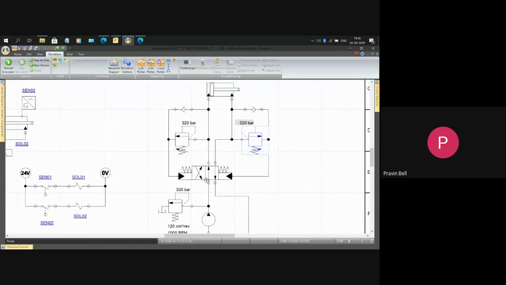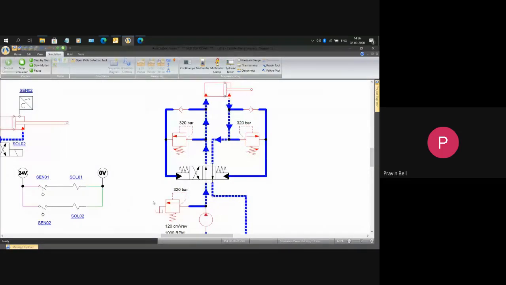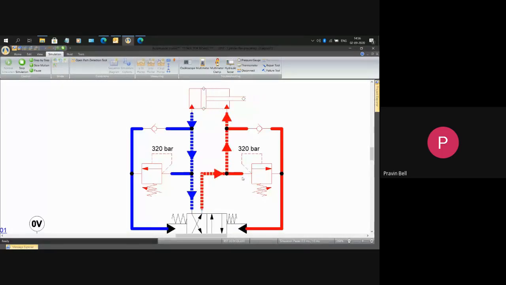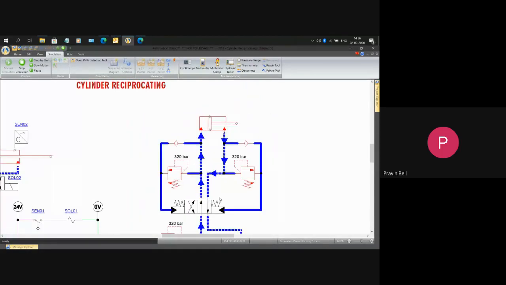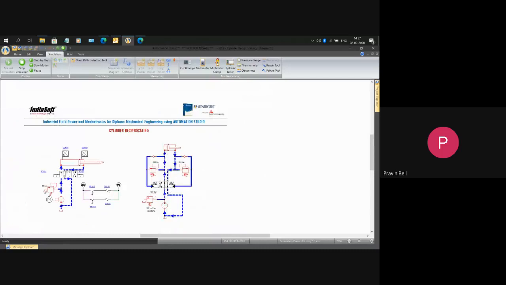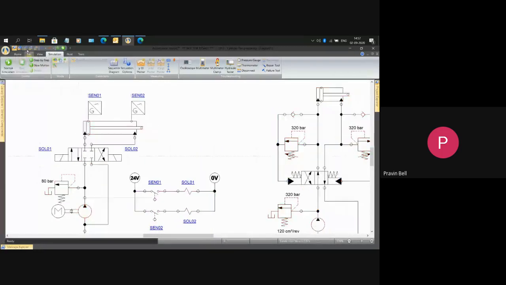In this case, what happens is first the fluid goes here. There's no restriction, and the piston extends. Then the entire fluid diverts back to this and operates this particular valve, and vice versa. So this has nothing to do with electro. By using two sequence valves in a particular configuration and a pilot directional valve, we can achieve a reciprocating circuit. So reciprocating by using two methods. You can choose which one you want to follow.